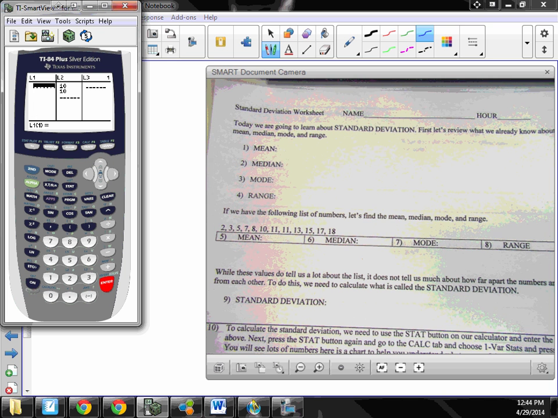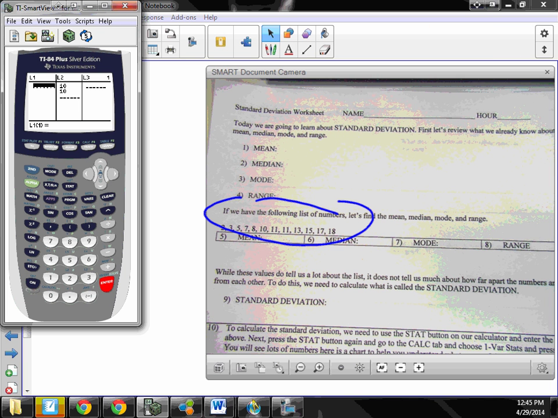Now type in all of these numbers. Did I say clear list 2? Don't worry about it. So 2, 3, 5, 7, 8,